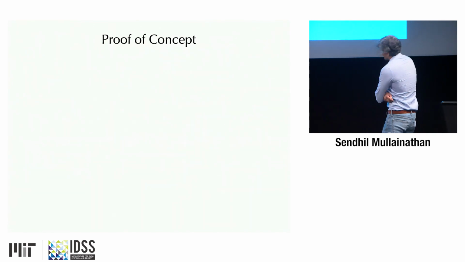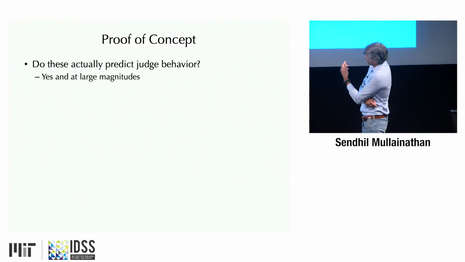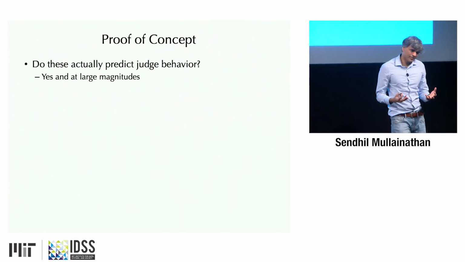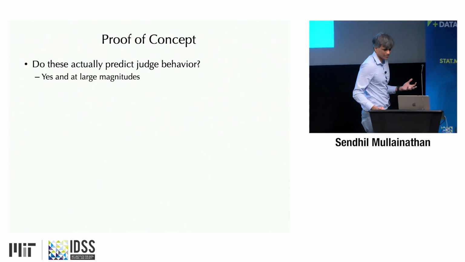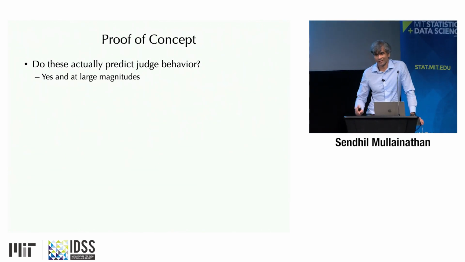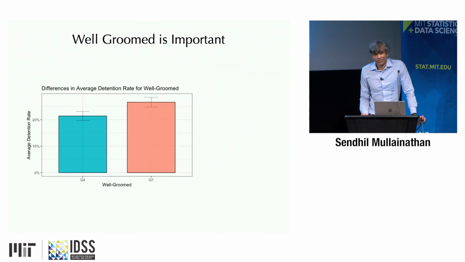So I won't keep iterating. I'll just point out this is just a proof of concept. But now that we've got these hypotheses, we could go back and look, do these hypotheses bear any resemblance in the original data? So we can take the algorithm out of it. We can just have images coded for well-groomed and full-faced. And when you do that and you ask how predictive is it of judge decisions, extremely predictive.